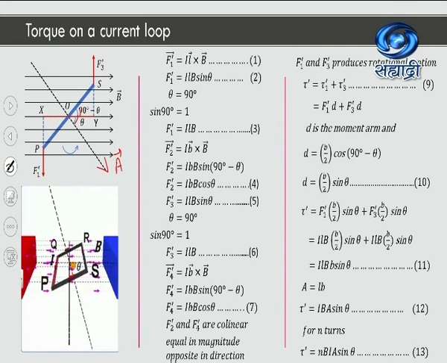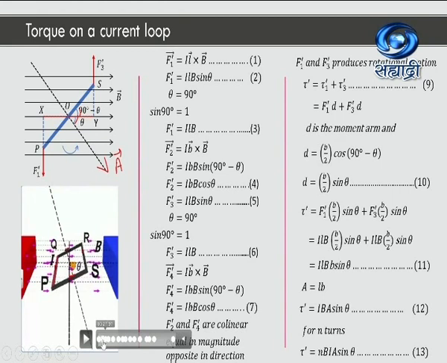Let us call the corresponding magnetic forces by dash. For the first side it will be F1 dash, for the second side F2 dash, and so on. I have shown you the diagram in the figure given below. In this figure, you can see that the loop PQRS is inclined to the magnetic field by an angle 90 minus theta. Then let us find the magnetic forces acting on all four sides of this loop. Let us go for the first side, that is the PQ side.